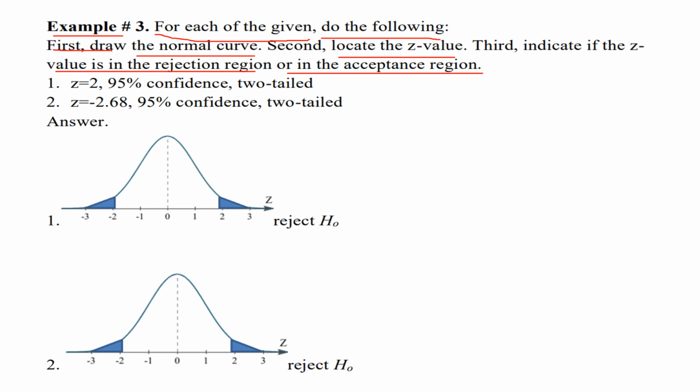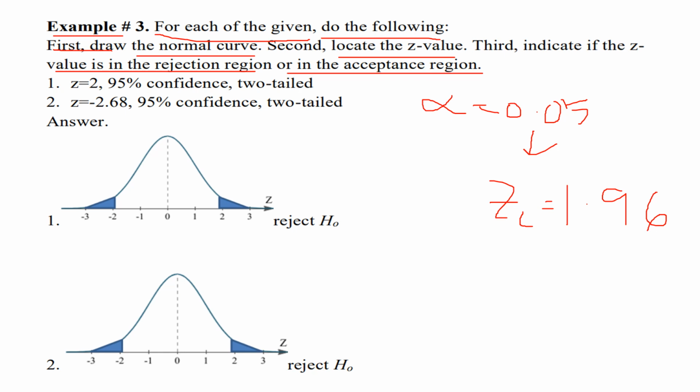Then, with a 95% confidence interval, meaning your alpha is equal to 0.05, in this case your Z critical value is equal to